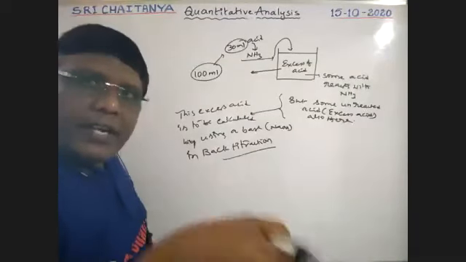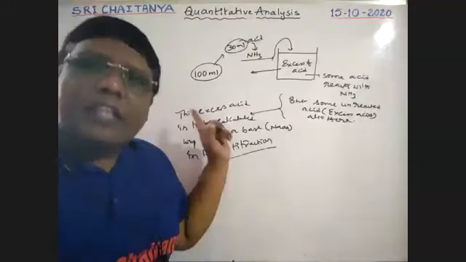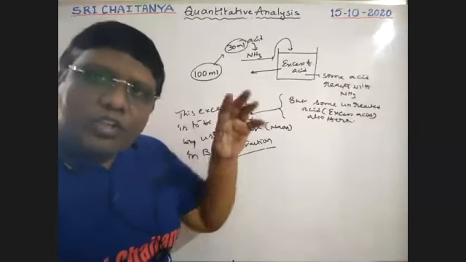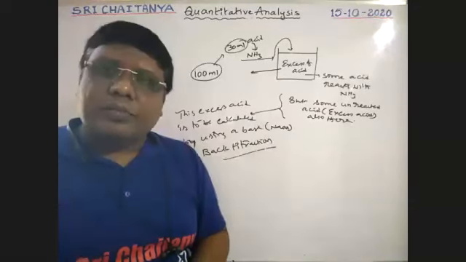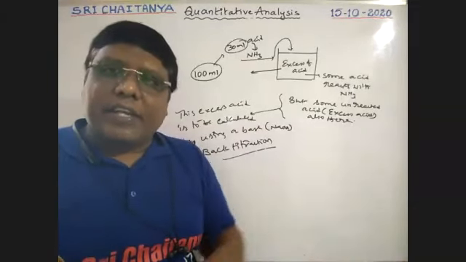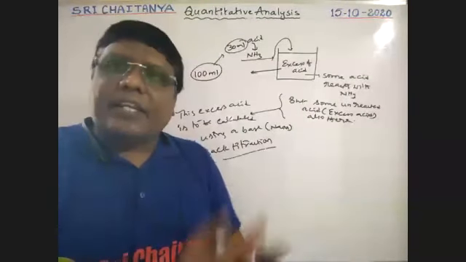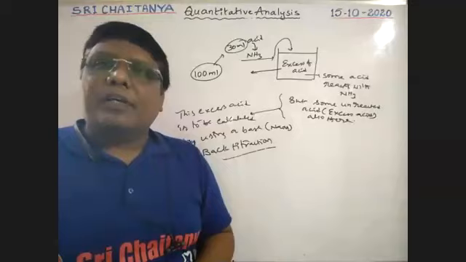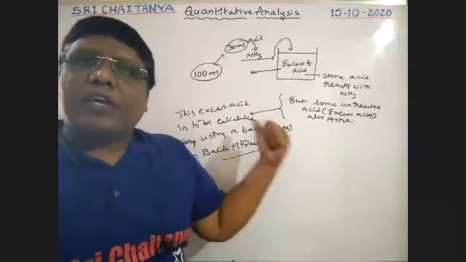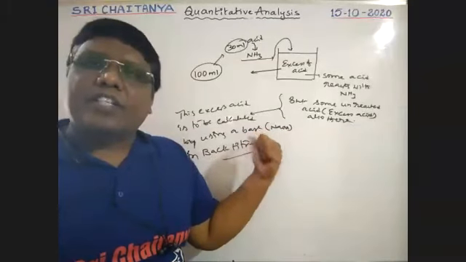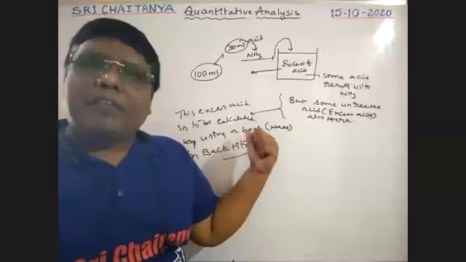That 70 is treated with base. With the help of base, we find out that 70. Actually, we are taking 100. Now, how much for ammonia? 100 minus 70 is equal to 30. The 30 is used for ammonia purposes. So to find out that 30, I am going to find out that 70 with the help of this back titration.